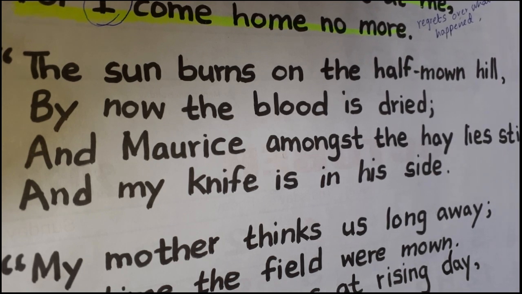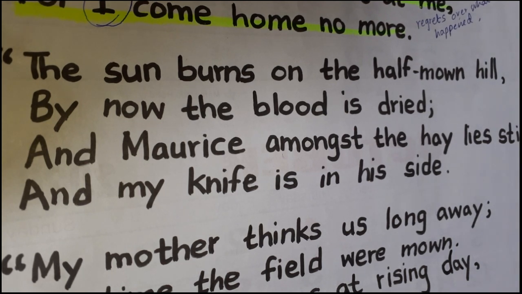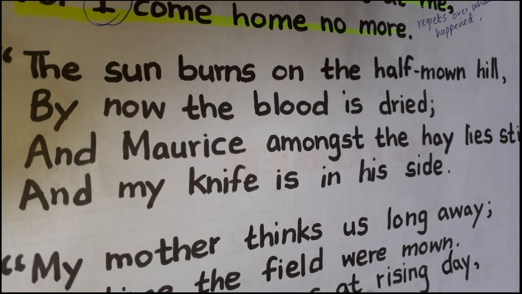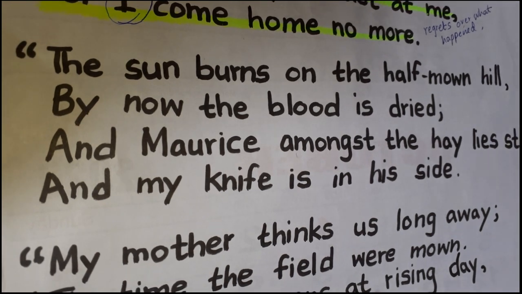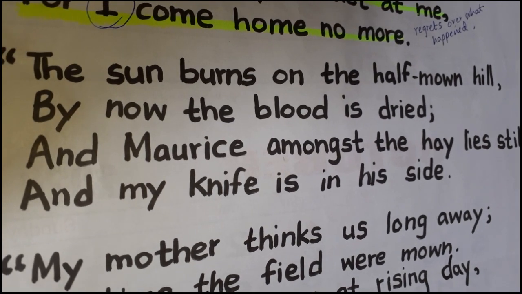So you can see this. Now here he mentions the word Maurice. Maybe his name is Maurice, Terence, right? Terence, look your last at me, for I come home no more. Now here he mentions the name Maurice. So it is believed that the narrator is addressing Terence, but his brother is Maurice. Maybe both names are used for the brother, or there may be some other explanation. However, he is making a confession. That is what we have to consider.